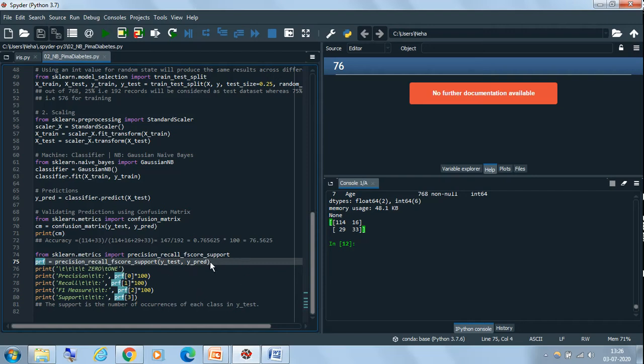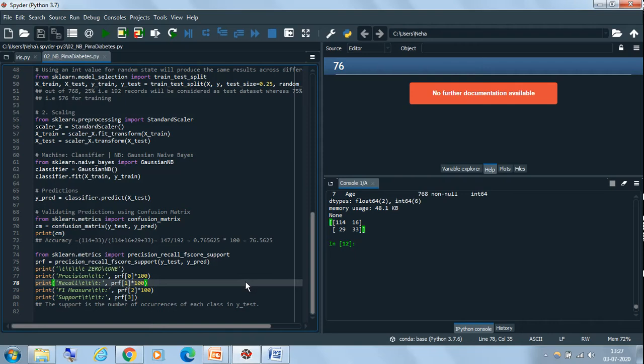When you pass these two parameters, based on them the package is going to calculate the values of precision, recall, F score and support for us. So you have to simply display. The output of this will go in PRF. PRF is an array. It will hold all 4 values. PRF of 0 will hold your precision. PRF of 1 is going to hold the recall value. PRF of 2 is going to hold the F score, and PRF of 3 is going to hold the support.